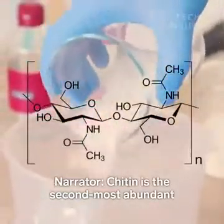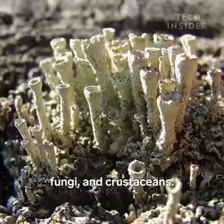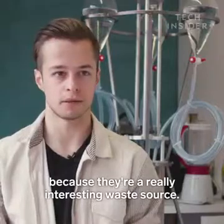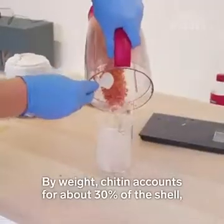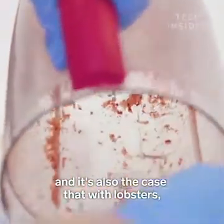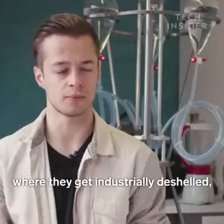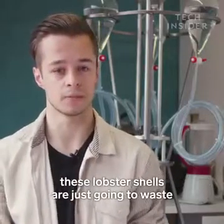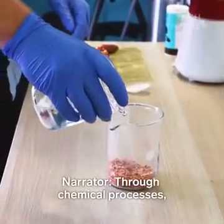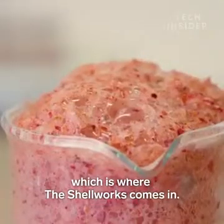Chitin is the second most abundant organic material on Earth. It's found in insects, fungi, and crustaceans. We started working with lobsters because they're a really interesting waste source. By weight, chitin accounts for about 30% of the shell. And it's also the case that with lobsters, they're eaten at the restaurant. So as opposed to shellfish or shrimp, where they get industrially deshelled, these lobster shells are just going to waste at the restaurant source. Through chemical processes, all that chitin can be turned into chitosan, which is where the Shellworks